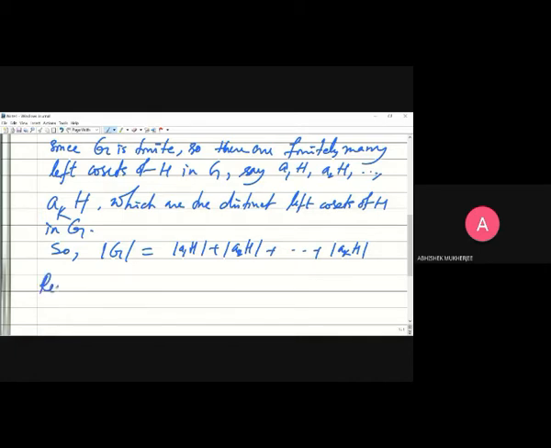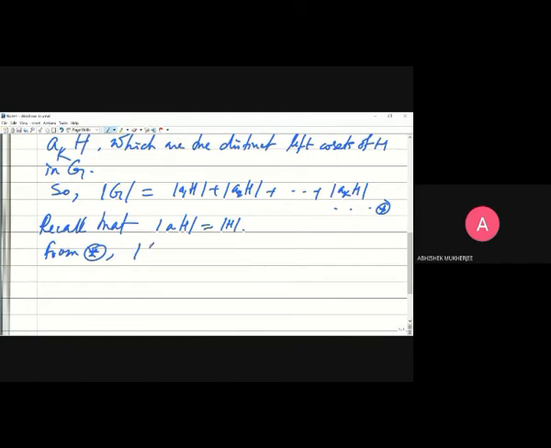Now recall that in the last lecture we have proved that any left coset has the same cardinality as the subgroup H. And using this result, you can write down the above equation as, so from star we have, the order of the group equals the cardinality of H plus the cardinality of H up to k times, right? So this is k times the cardinality of H,